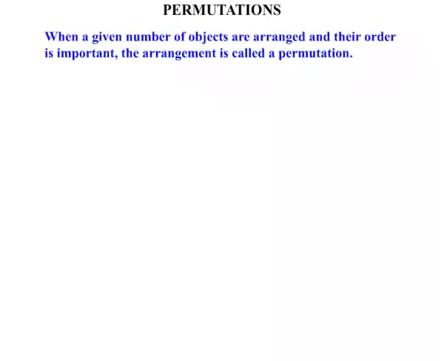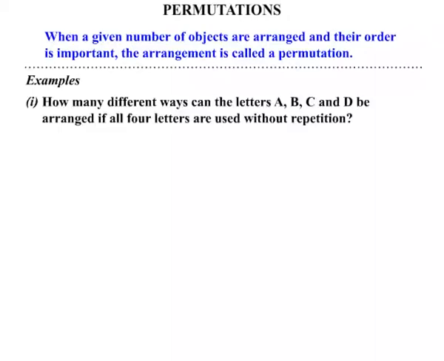Now in this lesson we look at what's known as permutations. When a given number of objects are arranged and their order is important, the arrangement is called a permutation. Let's look at a few examples. How many different ways can the letters A, B, C and D be arranged if all four letters are used